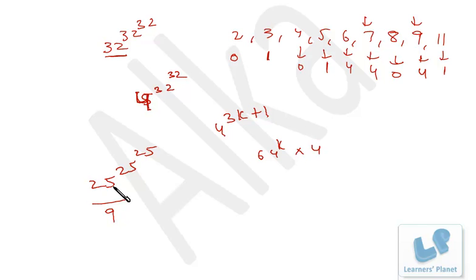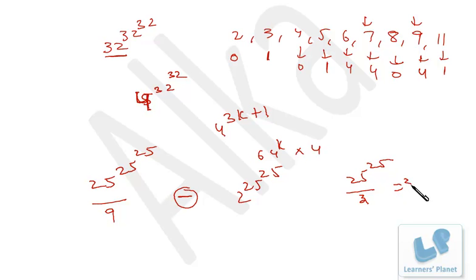So let's do it quickly. 25 is 27 minus 2, so the remainder will be minus 2 raised to 25 raised to 25, and 25 raised to 25 is an odd number, so we will retain this minus sign. After that, 2 raised to 25 raised to 25, right? Now 2 cube is 8, so what I do is 25 raised to 25, I'll try to convert in the multiple of 3. So 25 raised to 25, if we divide it by 3, what will be the remainder? 25 is 24 plus 1, so the remainder will be 1 raised to 25, that means 1.